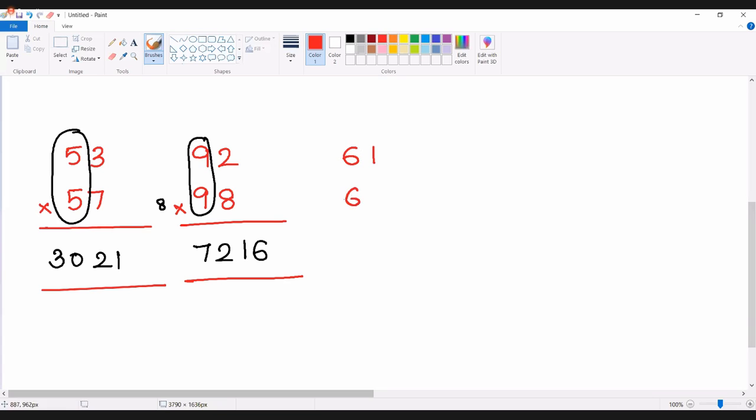Tell me what is the answer choice when we multiply 61 into 69. So tell me what is the resultant. Sorry, 9 into 10, right? So 9 into 10, not 9 into 8. 9 into 10, 90, 8 into 2, 16. Nice, very good.